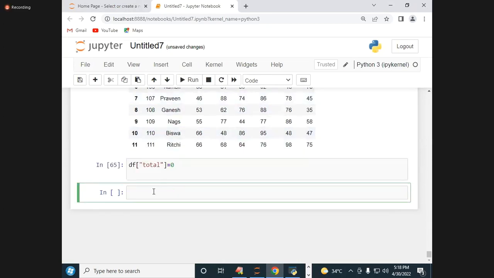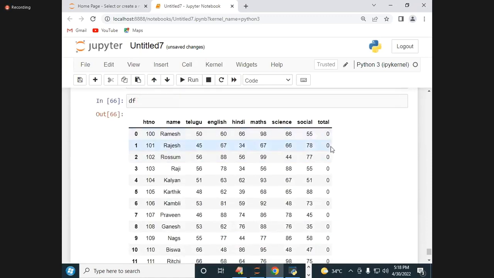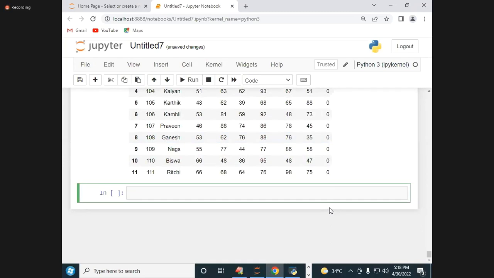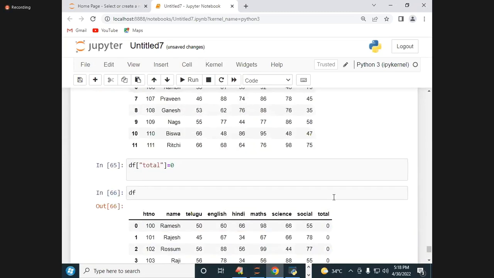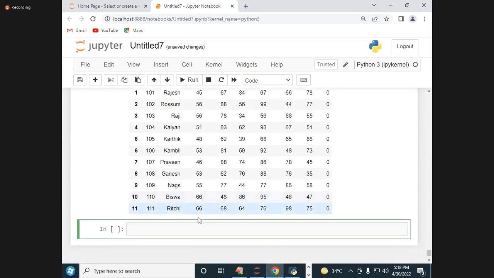Now print DF. What is created? Total is coming with all zeros. Can I add the total marks of every 10th class student? Come on, add. I forget. DF of total is equal to DF of,